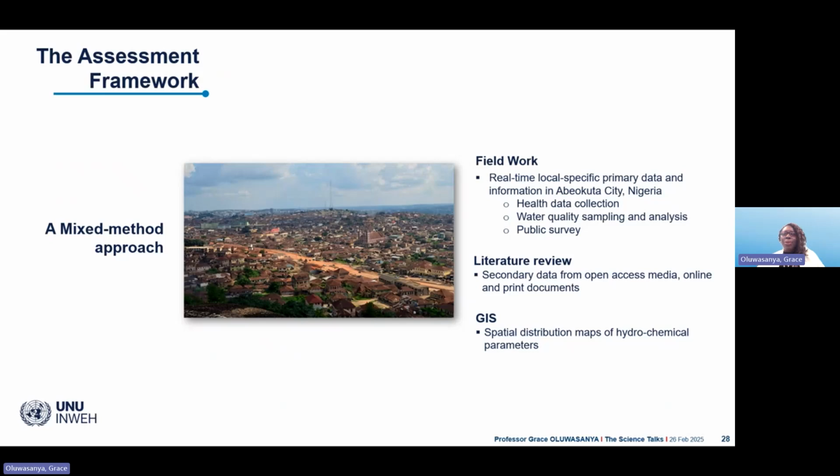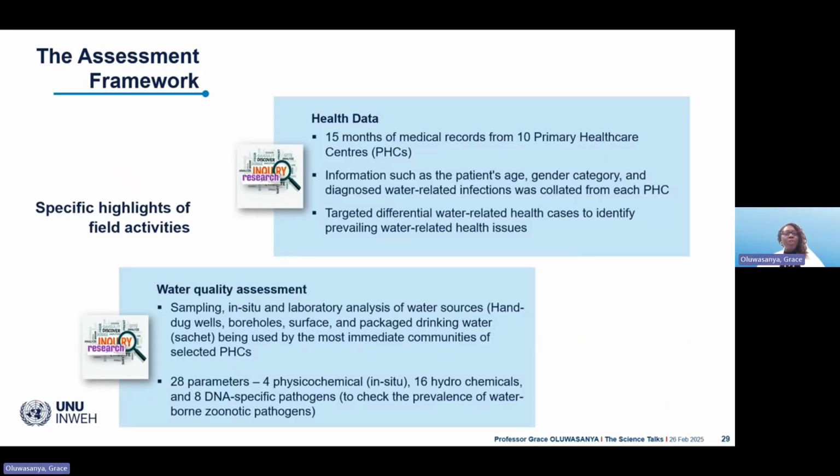These are quantitative approaches. Then of course the literature review, where we harvested secondary data from open access media, online and print documents. Of course, we also leveraged GIS to produce spatial distribution maps of the hydrochemical parameters that were identified. All right, just to give you some highlights of the field activities: in terms of the medical records, we targeted 15 months prior to the field work, from 10 primary healthcare centers, or PHCs. Information